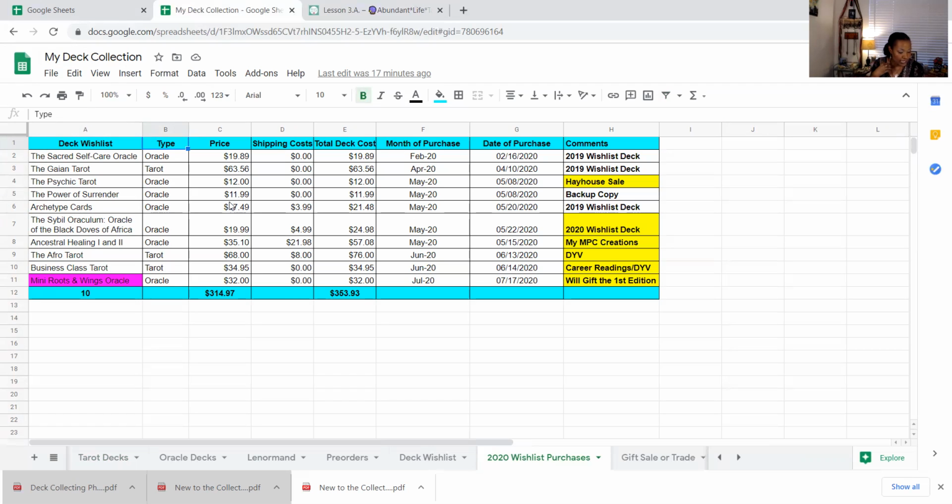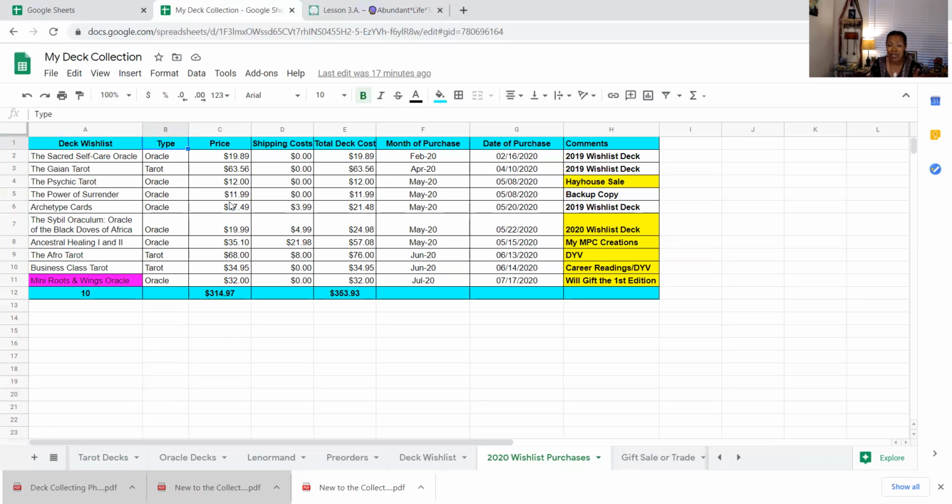What are some benefits to keeping up to date on your wish list? And we talked about that as well. Folks who want to purchase decks, you won't be getting duplicate decks in the mail because you're keeping it up to date, right? I think I did it with a book. I've heard of people accidentally buying two decks because they didn't realize they purchased the deck already. Another reason to keep track of these things. But I did it with a book, and I was a little disappointed in myself. I don't track my book purchases, I'm only tracking my deck purchases. So I saw how that happened, but it's frustrating, and you want to avoid that if you can.